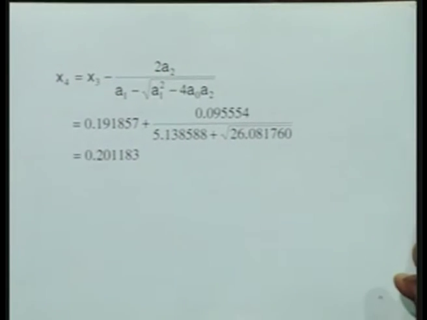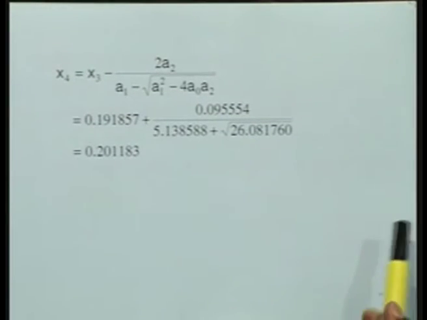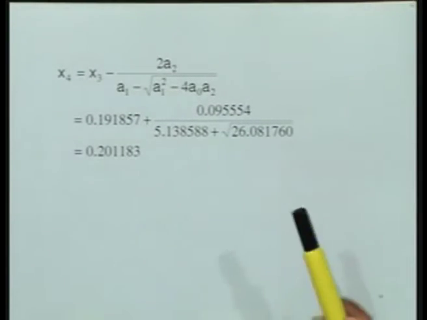Now as I mentioned earlier, the reason why we have derived Muller's method is that in practical applications it may not be possible for us to find the second derivative as well as the first derivative. Therefore we opted for a method which may not be as fast as the Chebyshev method, but is reasonably fast, which we are saying has an order of accuracy, or rate of convergence, of 1.8.